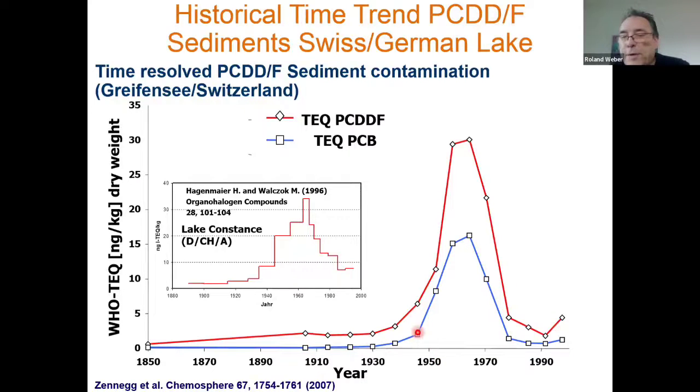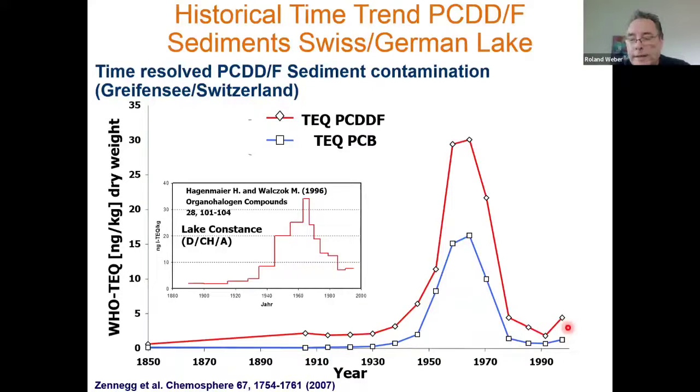And what you see here in blue, that's the PCB. And the PCB has the same contamination in the environment in our countries. This means, like Michael said, PCB started the production in 1930s, and then you see after the 1930s, 40s, 50s, the PCB levels in parallel to the dioxin levels increased in the environment. And already in the beginning of 1970s, where Michael said at that time the first legislation came and the PCB open application were prohibited, the levels of PCBs and the level of dioxins are strongly reduced by more than 90%